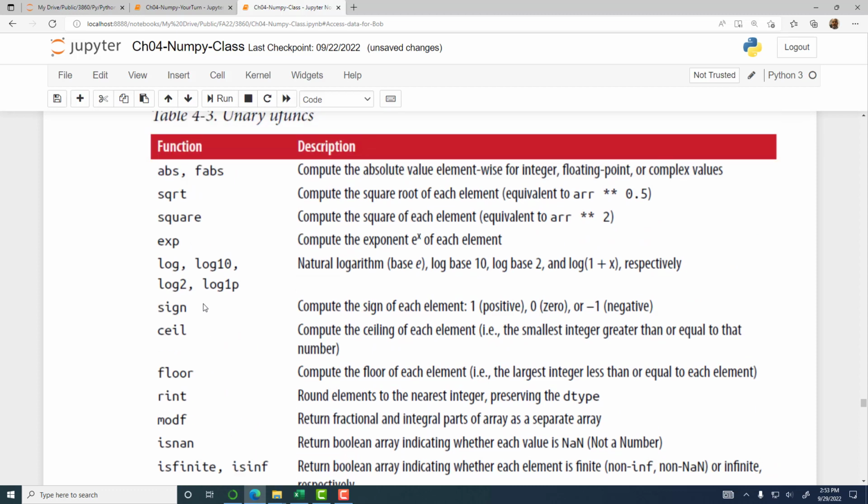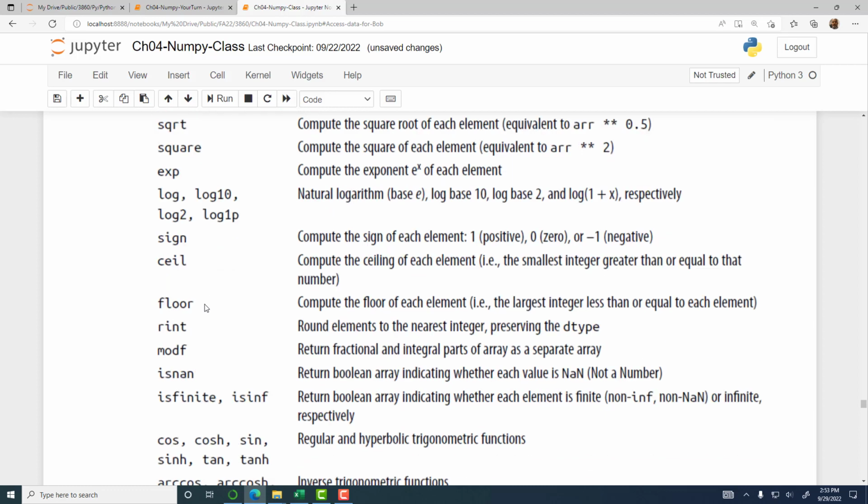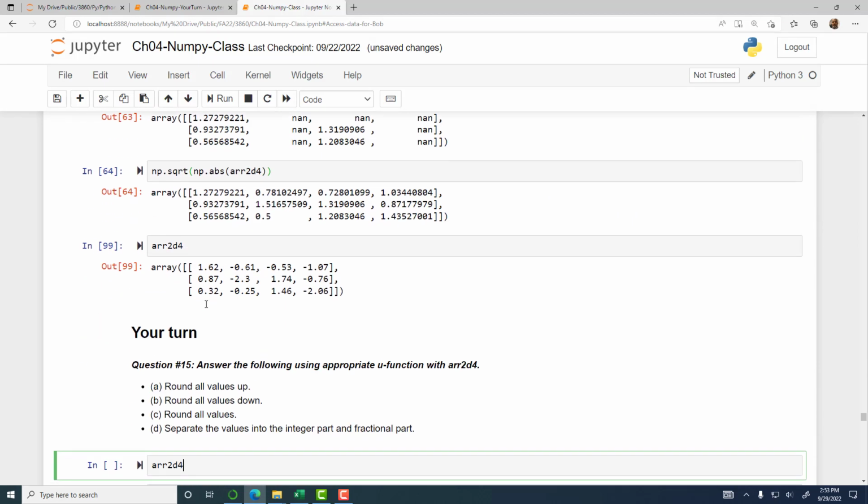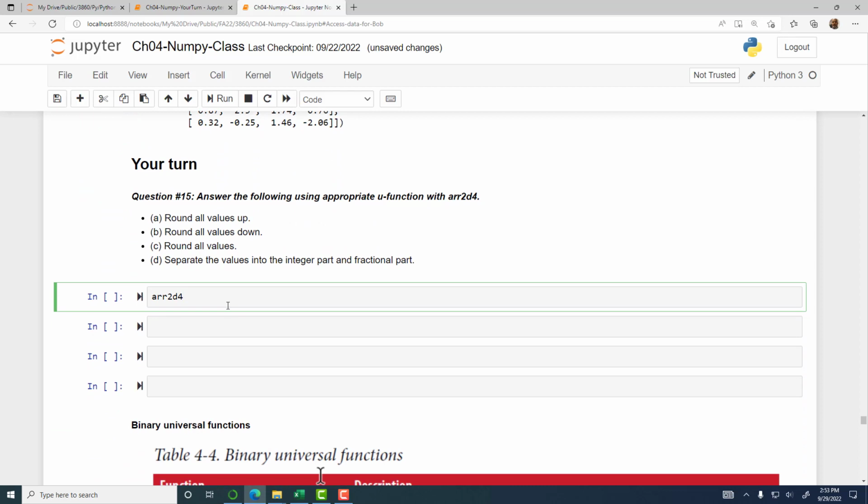So there is a round function, I thought. Ceiling, round up. You want to do them all up. Ceiling function,